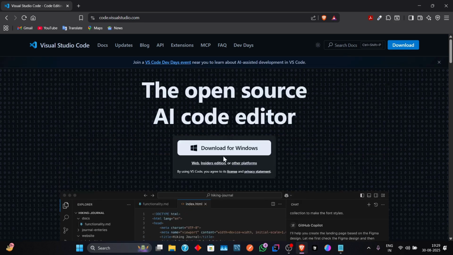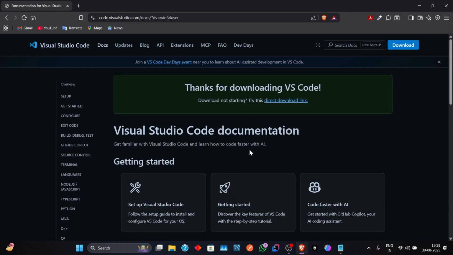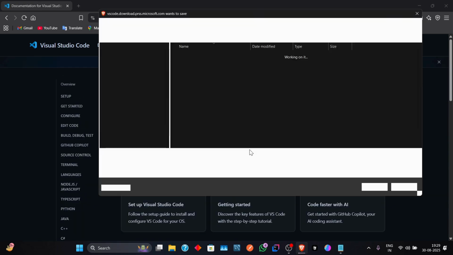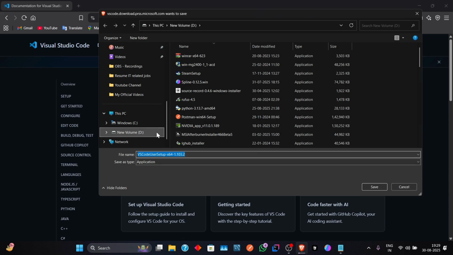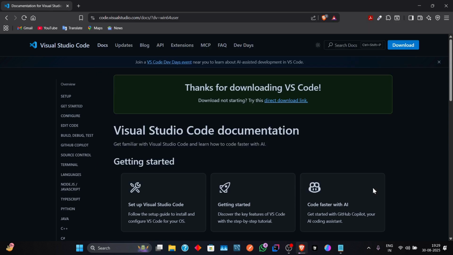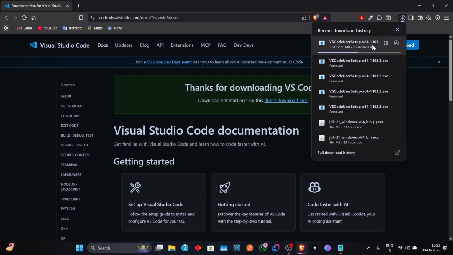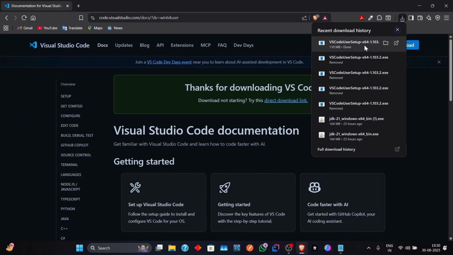Now you can click the download for Windows option. Choose the location where you want to download your file. I prefer the D volume. Save. Wait a few minutes while the file is downloading. When the file has completely downloaded,